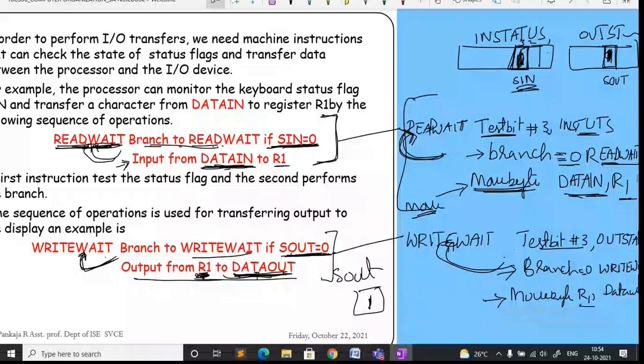Okay, what this program performs is, it is going to read a line of characters. Read means getting from the keyboard. And write the same line of characters on the output screen.